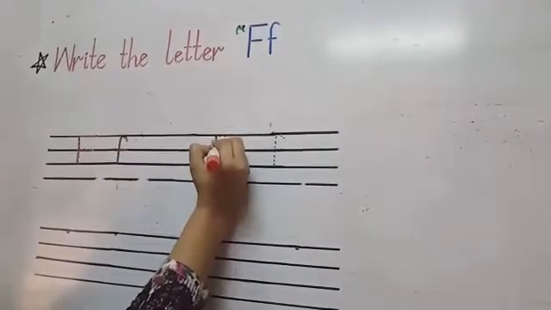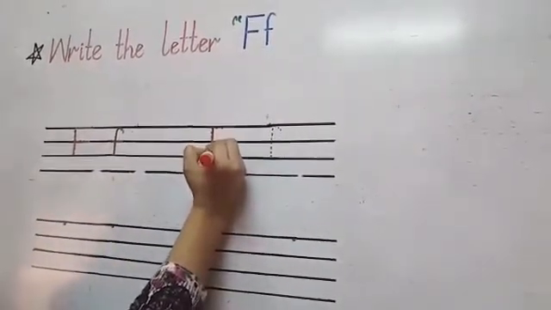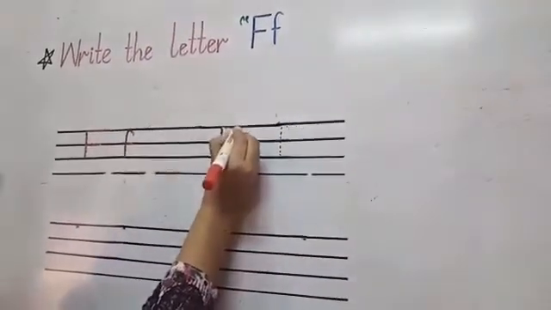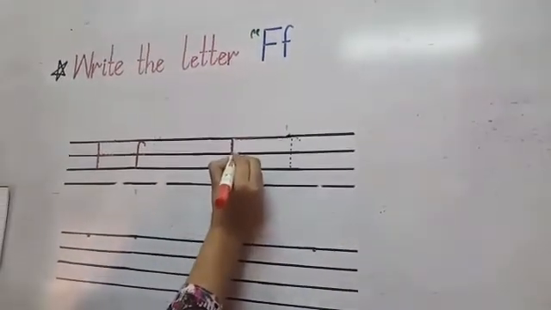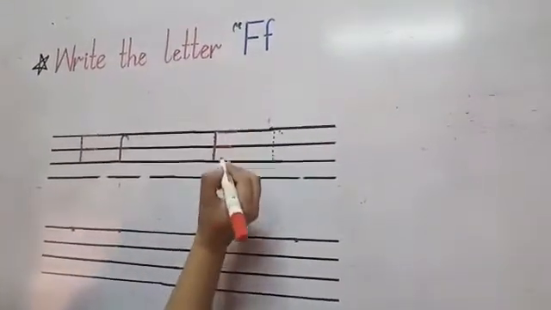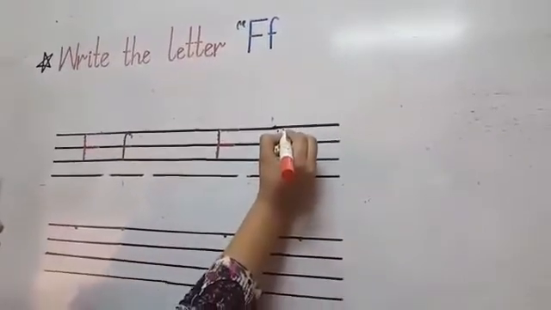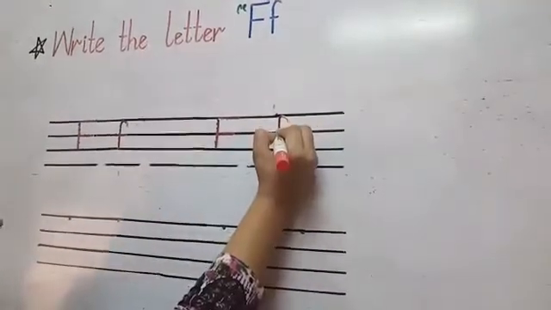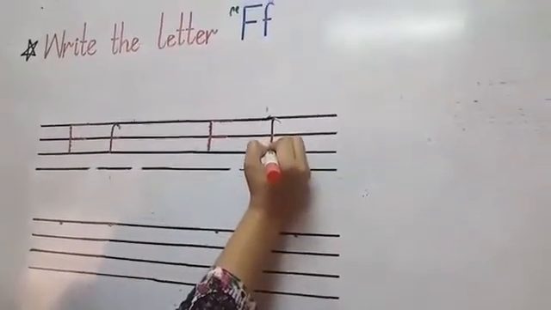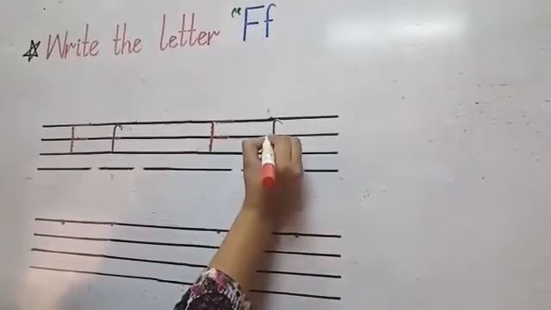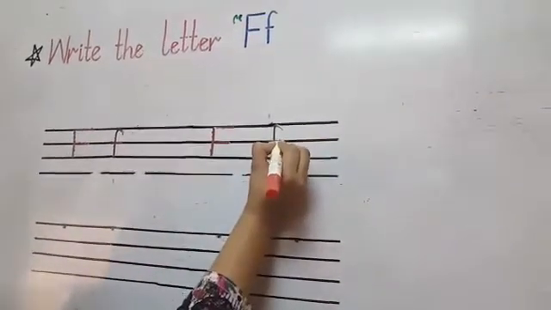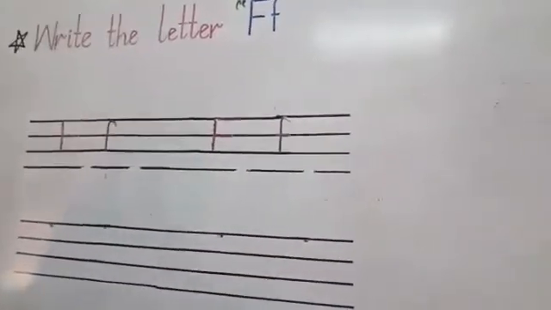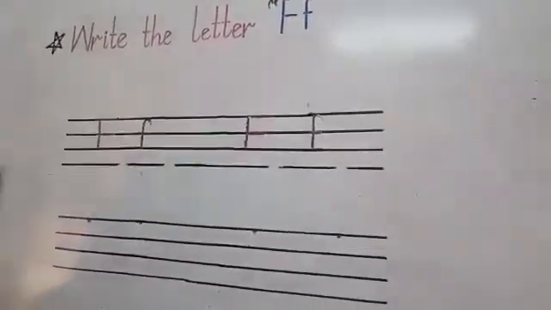Once again, put the pencil on the dot and follow the dot. Be careful, don't skip any dot. If our dot is skipped, what will happen? It will be wrong. Now make a first skipping line in the first line and a second skipping line on the second line. It will become F. Now we write this sound. Start from one point, down, go up, make it round, touch the third line, down, down, touch the line. Now make a skipping line on the second line.